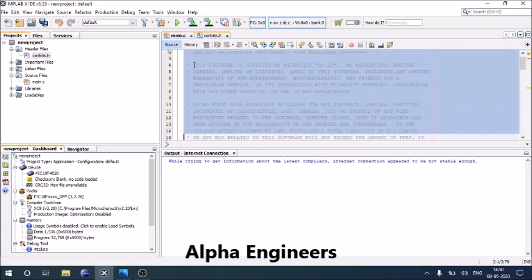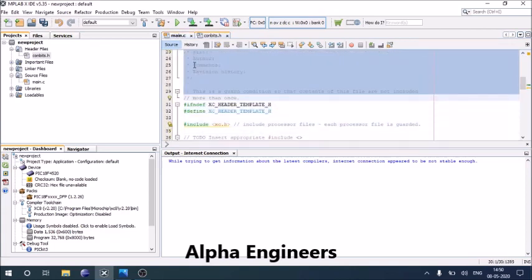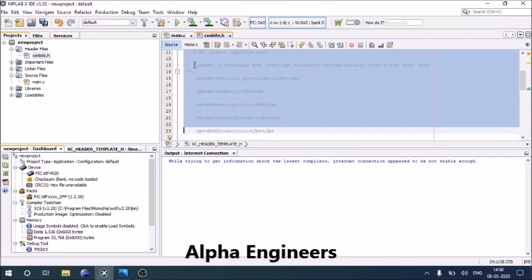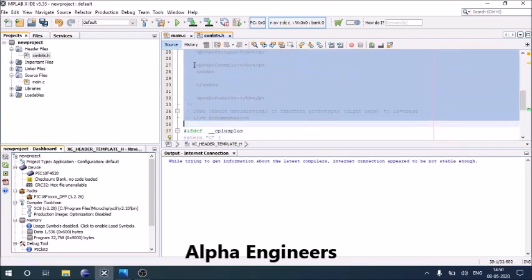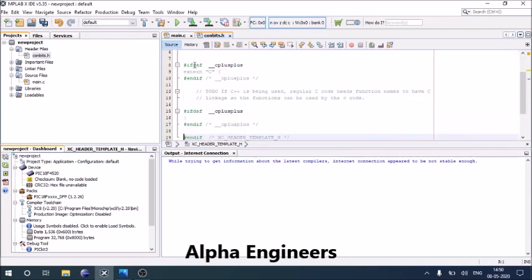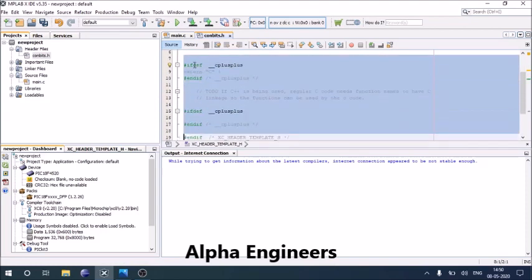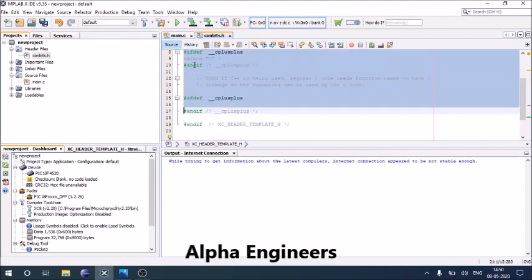So erase all these commented points. After that, make sure you delete everything and just keep the last endif section.